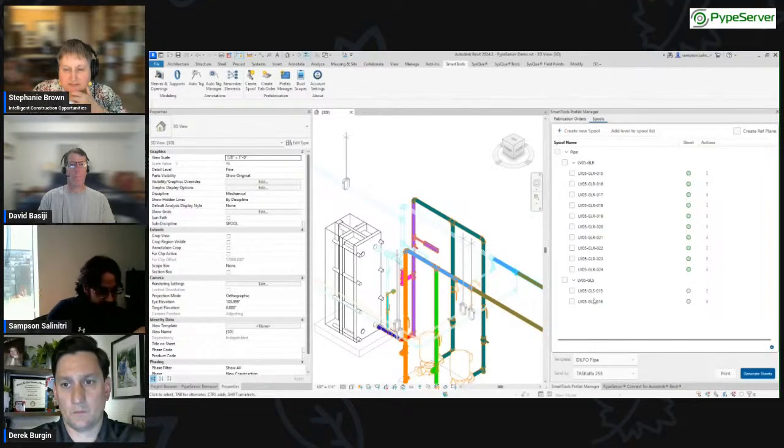So we would then generate a sheet for this. You can see that if it's green, it means that it's had a sheet created for it. So all these will have sheets created for them, spool sheets. And then you can go and create your own here. So just to show you what one would look like. Right, so you can see our company logo there. Like this is tailored